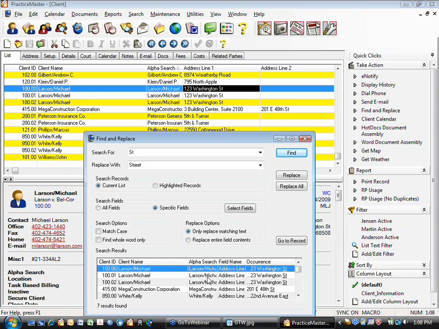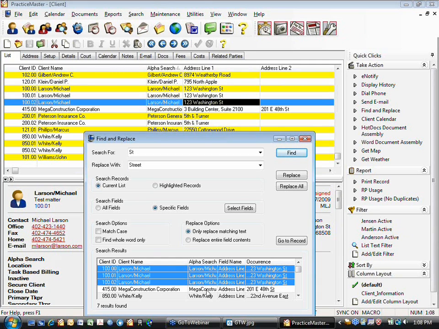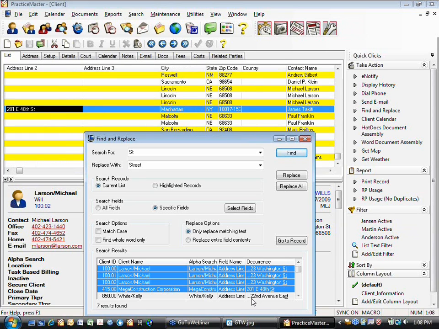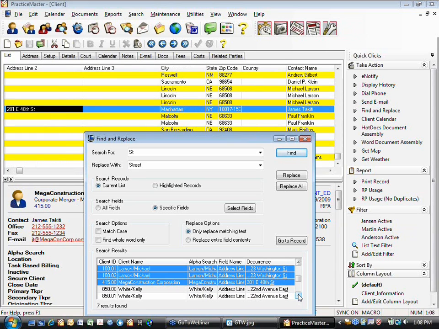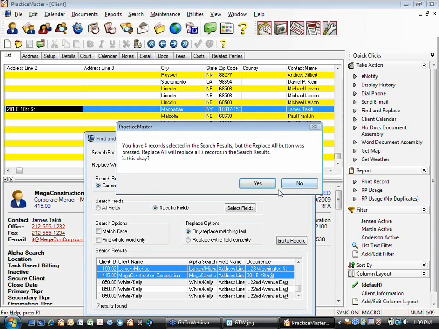So I can, again, choose which records I want to replace by hitting the Control key and selecting the records that I want to replace. For this instance, this is a case where I do want to be picky and choose which ones are out there because there could be other values in that field. So now that I've selected the correct streets that I want to replace, I can come in here and just say I want to replace all, and it's going to tell me I have 4 records that I want to do,